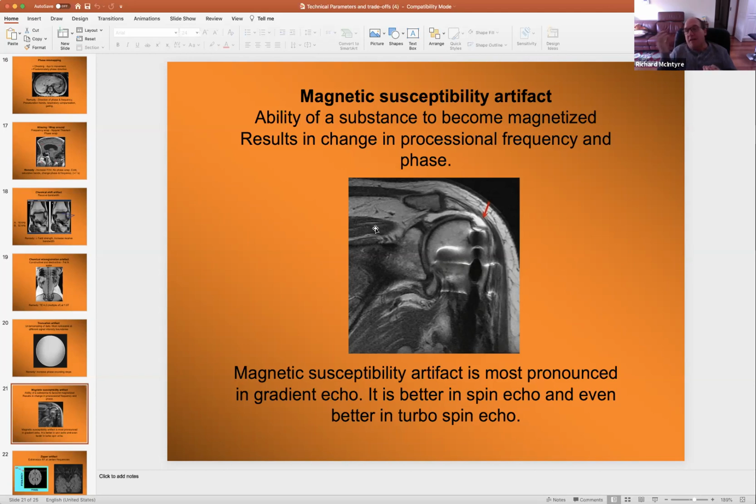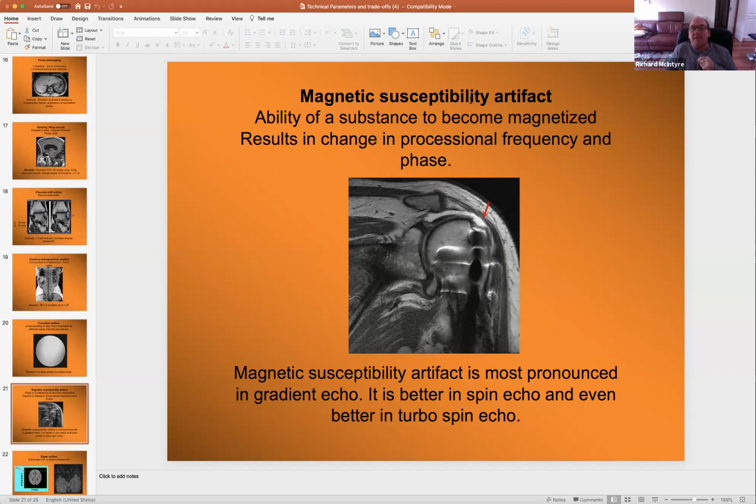We want the intensity or the magnitude of the magnetic field in this field of view to be exactly the same. Exactly the same. But when we put a great big chunk of metal in it, it's not going to be the same. It's going to interfere with the magnitude of that magnetic field. So of course we know that if that's the case, then protons are going to spin at different frequencies around that area because the magnitude of the magnetic field causing their spin is different. In which case we have an artifact here. So we're going to get a great big artifact here